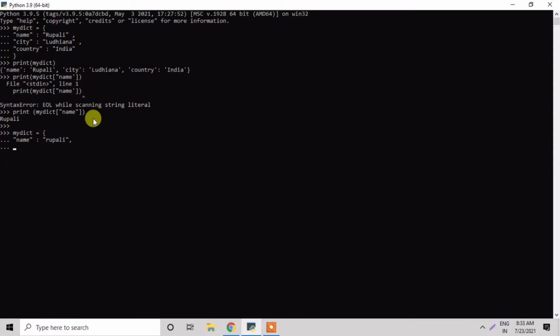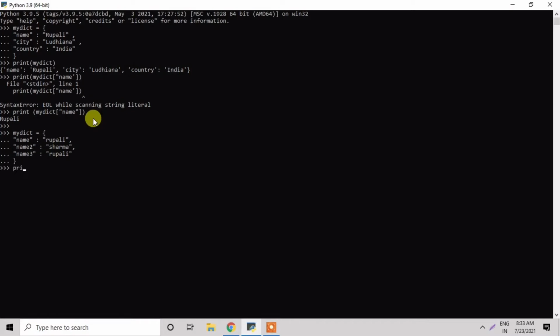I'm putting the second key, name2, and its value is Sharma. The third one I take as name3, and the value is Rupali. Now curly braces close.